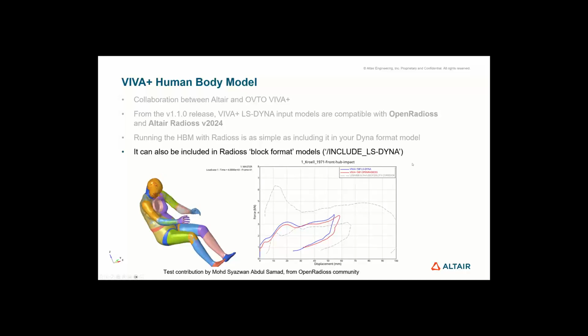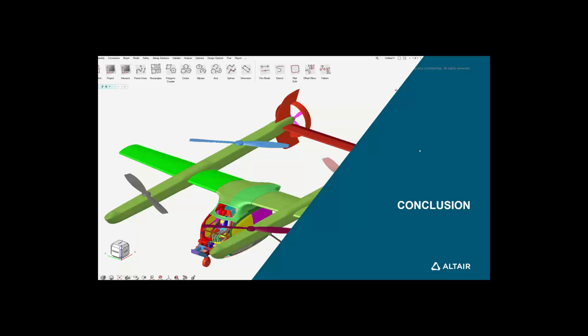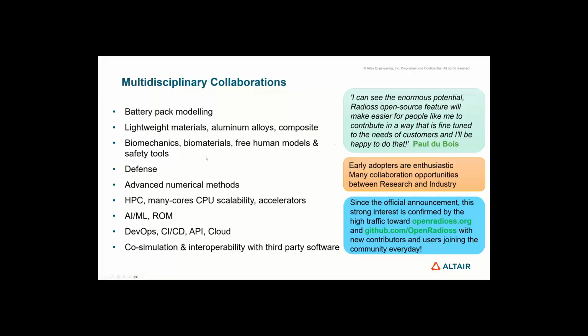So coming now to a short conclusion: multidisciplinary collaborations like battery modeling, lightweight materials, aluminum alloys, biomechanics. Here we had a nice presentation at the OpenRadioss Users Day from one student from Canada who developed these active muscles, defense applications, advanced numerical methods, HPC, many cores, CPU scalability, accelerators, AI, machine learning, reduced order models, DevOps, CI, CD, API, cloud,